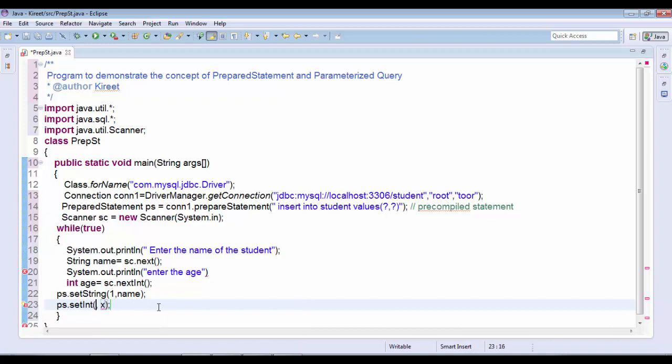Okay, so at the second column I have to set age. So these two things I have just completed. Now what we have to do is execute this statement, execute the query, because the pre-compiled query is now available to the database engine, and now it is the responsibility of the database